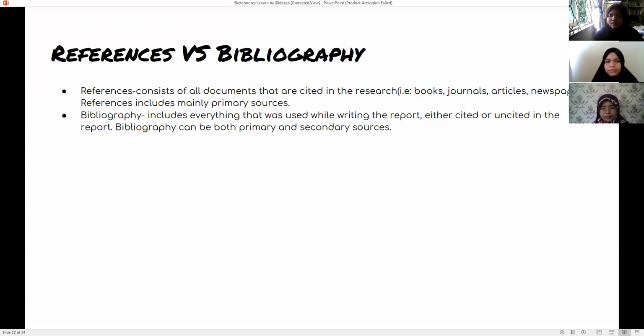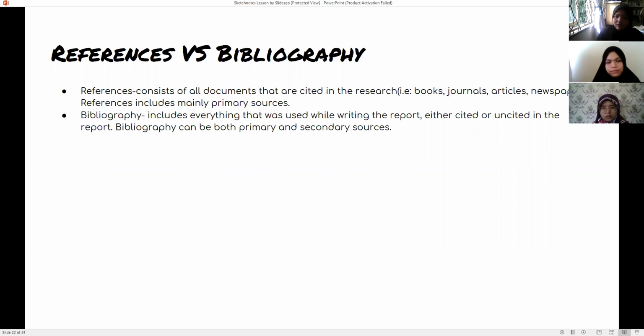Meaning that, for example, you looked through the internet to see how to write your literature review. If you are writing a bibliography, you have to include that source of info as well. But for references, when you're writing actual research, you usually put in only the ones that you cite, for example, the articles or newspapers that you cite in your literature review or in your background.